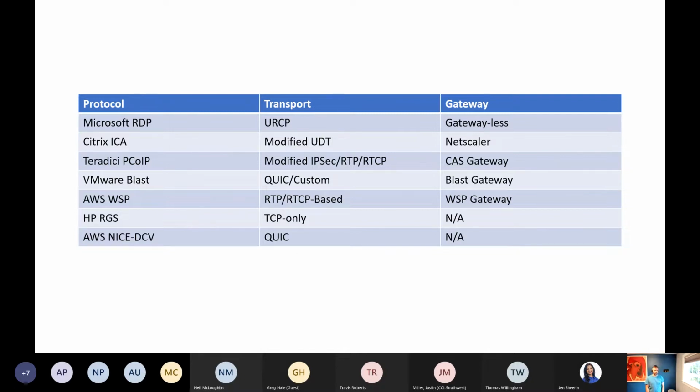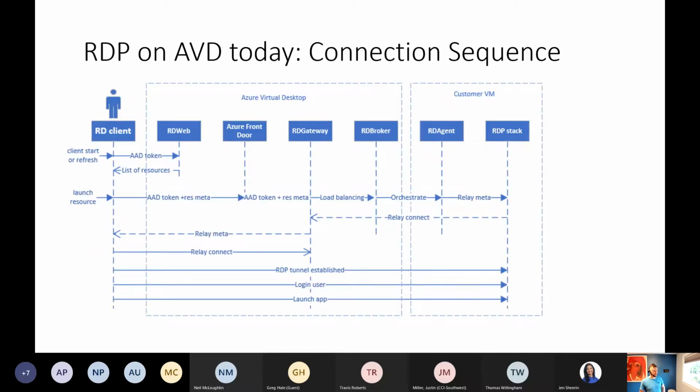So it is basically an inbound connection for your session host. We don't want to do it this way, and as I said before, we have reverse connect, and